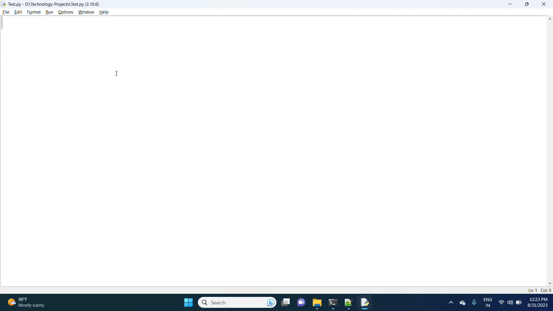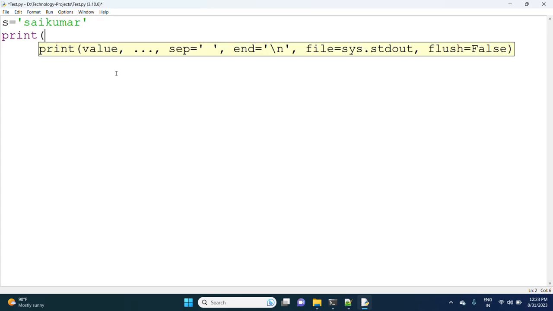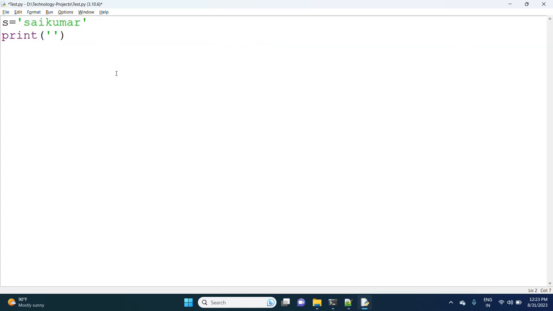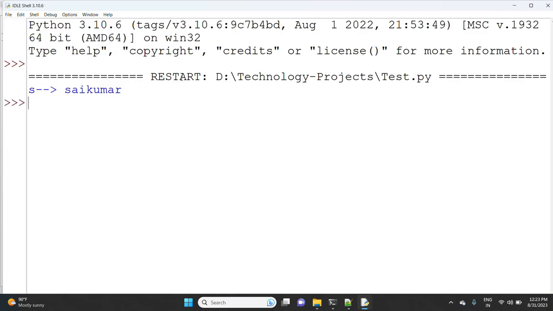Suppose here I take s is equal to Sai Kumar, and I'm printing s. It is just printing the characters.